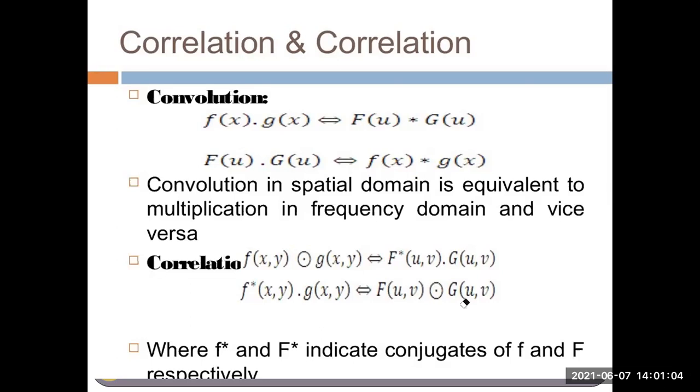Then the second thing we learned is periodicity. The Fourier transformation signals are periodic in nature. That means if you change the signal in your spatial domain by some period n, and you perform the same transformation in your frequency domain also, then you will have the same result. That is, it is periodic in nature.